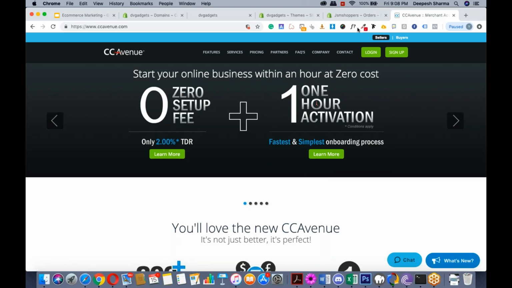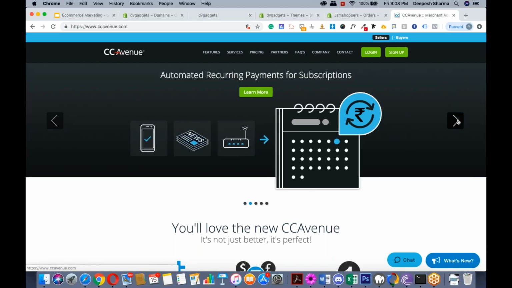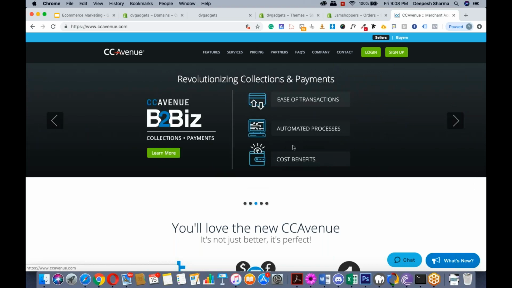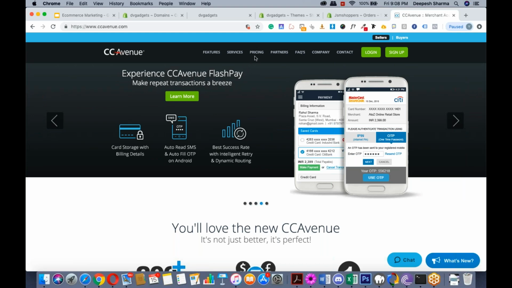So you could see this is the website of CC Avenue, which is zero setup fee and 1 hour activation. That's amazing. And it says only 2% TDR, fastest and simplest onboarding process. CC Avenue is best for collecting payments and all those things. If I go and click on the pricing section,